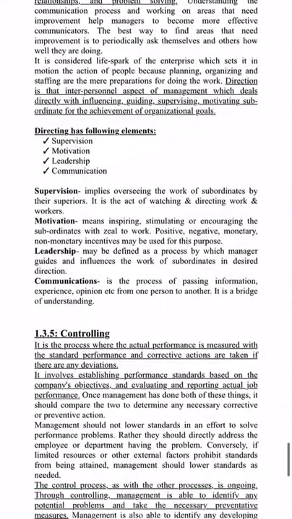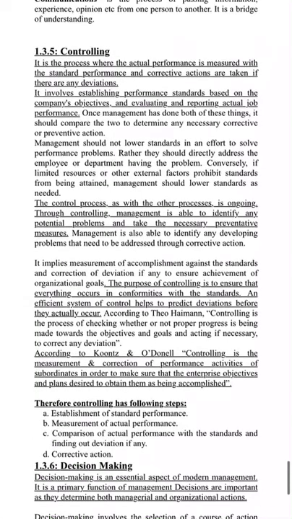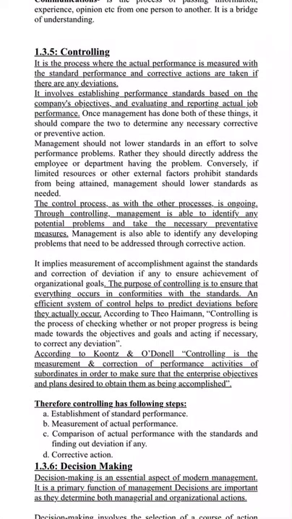And finally, we will see the controlling. Okay, so controlling and decision making are remaining. So controlling is what? Control your organizational resources in an effective or efficient way. It is the process where the actual performance of the employee is measured. The actual performance is compared with the standard performance, and corrective actions should be taken if there are any